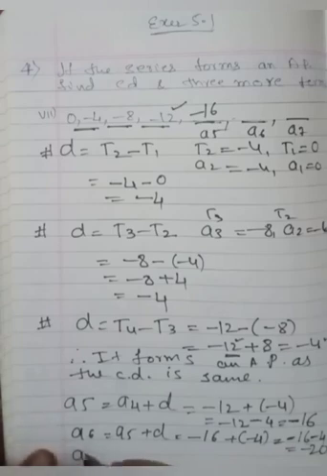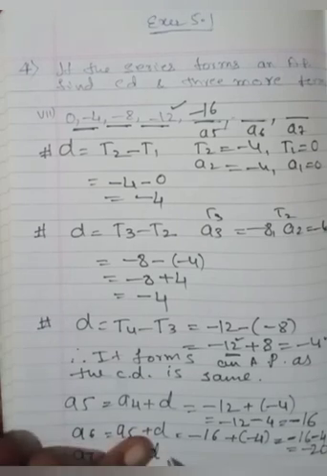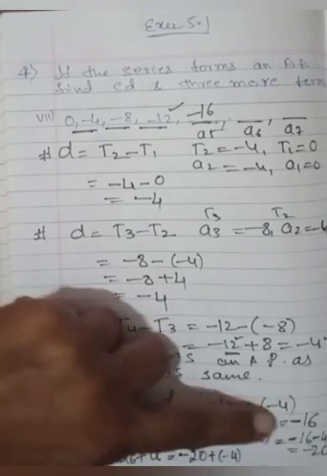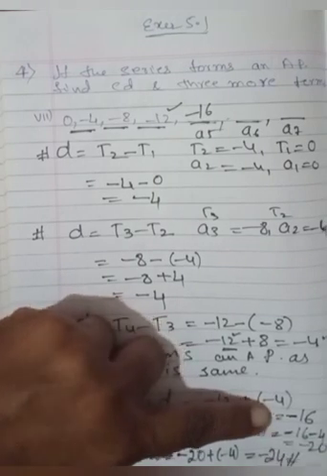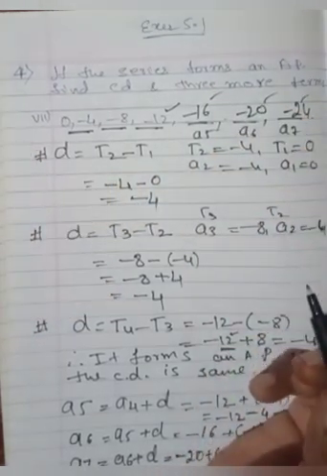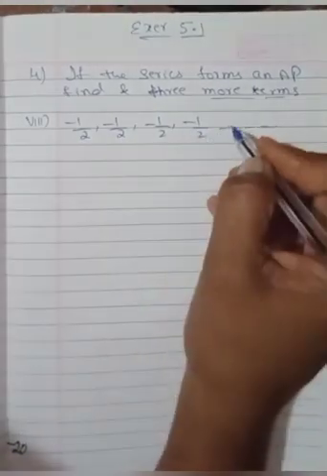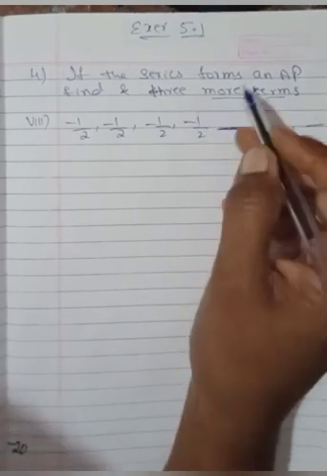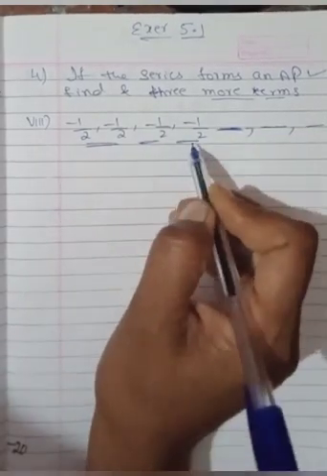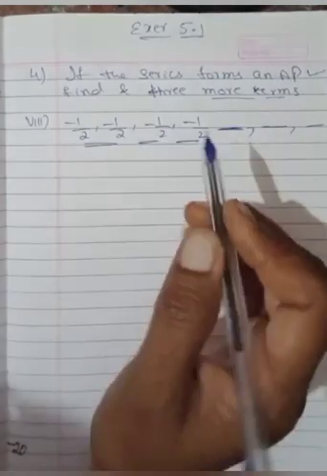Next you have a seventh is equal to a sixth plus the difference. The difference is what here? First of all we write this one as minus 20 plus of minus 4, it is minus 24. So you have got this one as minus 20 and this one as minus 24. These are the three next terms. Then find the three more terms. You are given 1, 2, 3, 4 terms. You have to find 1, 2, 3, only in the case it forms an AP, means the common difference between each term is same. Then you are going to find the three more terms. Else you are not doing that one. It is not possible.